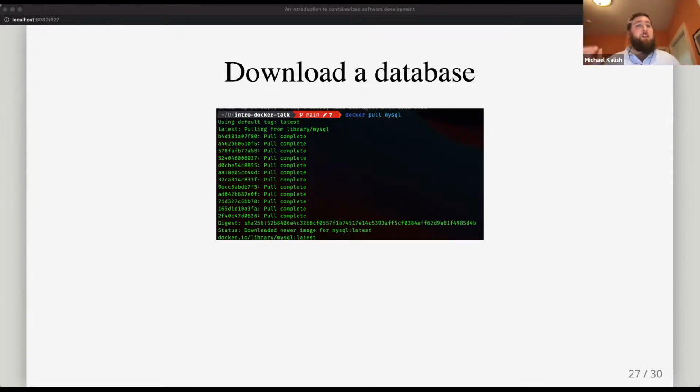This was a command I actually ran this morning on my computer. I think it took 2 minutes. And just for reference, 2 minutes to be able to run MySQL, if you compare that to 10 years ago, we're talking about 2 hours. Hopefully it works. So as you can see, this is a huge advantage for local development, in that developers can share essentially fully working stacks of code that can then be run anywhere. All right, so